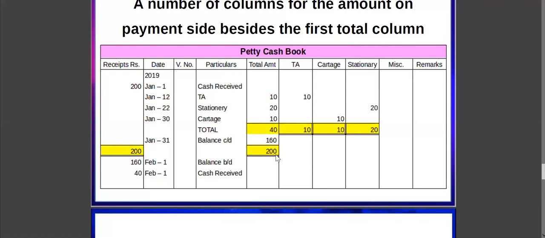Now we do the same as in a ledger: both sides 200, 200, then balance carried down. See the date January 31st, balance carried down. Next month, February 1, balance brought down 160. February 1, cash received 40. So the remaining 40 rupees again